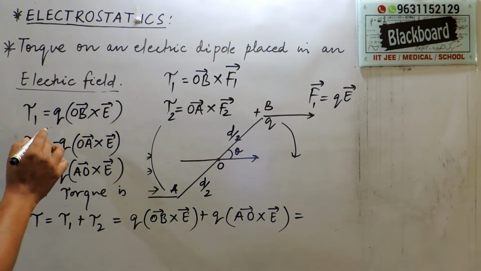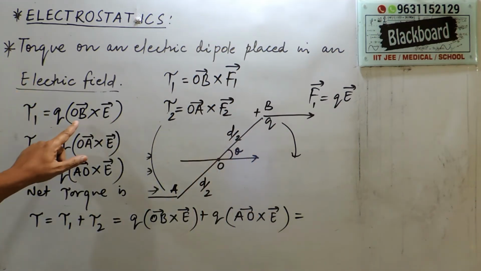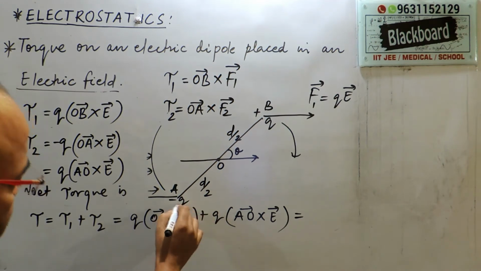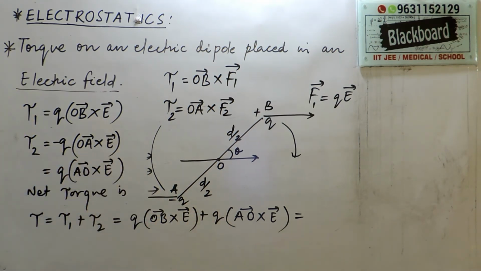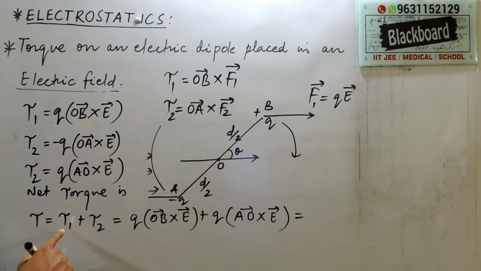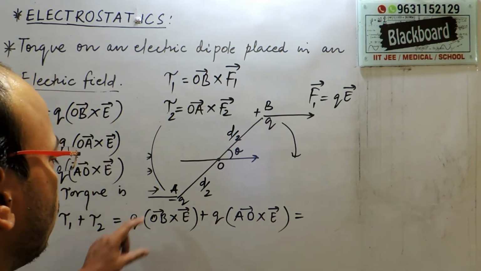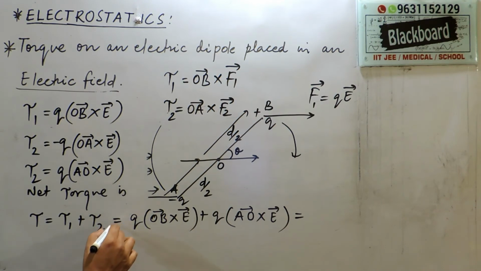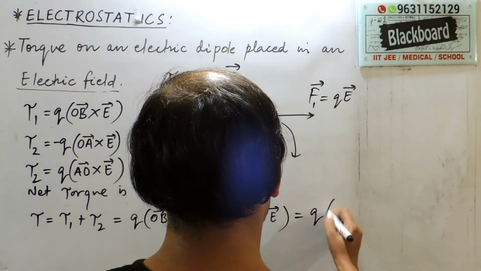Now from this figure, tau 1 is Q OB cross E, where OB is this distance, cross product E. And for tau 2, the charge is negative, so minus Q OA cross E. Removing the negative sign, OA becomes AO, so tau 2 equals Q AO cross E. The net torque will be tau 1 plus tau 2, that means Q OB cross E plus Q AO cross E. OB is in this direction and AO is in this direction, so you can add both, that means you can write this is Q and this will be your